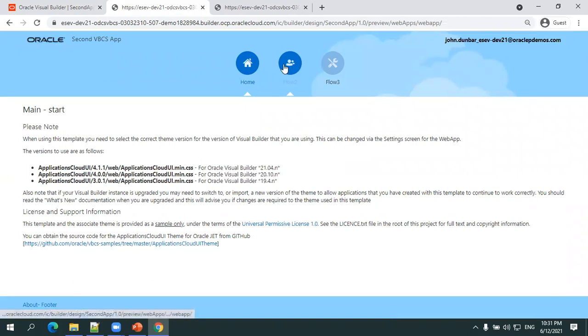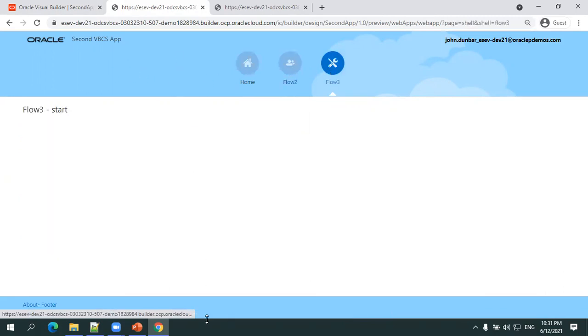Just observe what will happen when I click on the second page. Will it be available or not? Can you see, this particular header and footer portion will never get changed. What is getting changed is only the white color portion in the middle. This is where the pages, or a flow, get embedded. The pages which you have created will get embedded in this white color portion. That's how a VBCS application is designed.